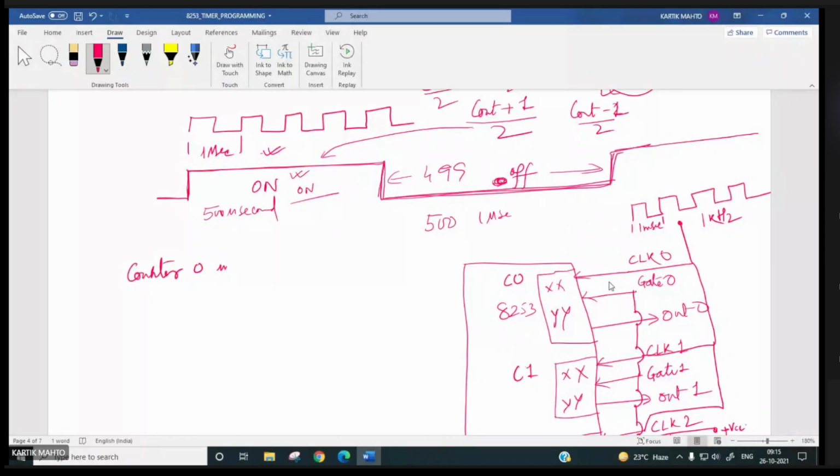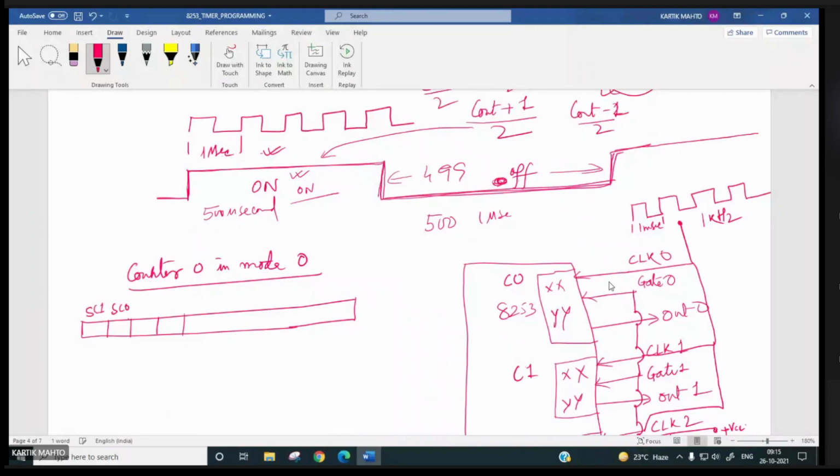For that, you first need to determine the control word. These two bits are SC1, SC0 for selecting the counter, then RL1, RL0 for reading and loading the counters.